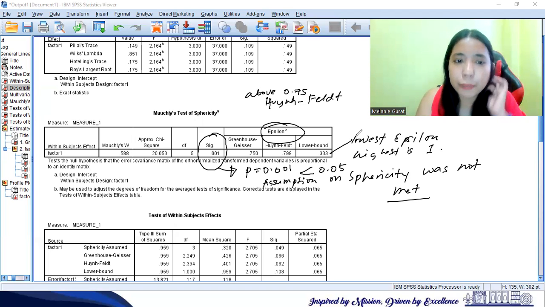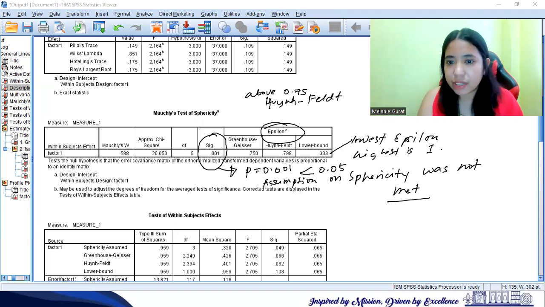So just to recap, what we did in this table is to look at the value of the P to see if we met the assumption on sphericity. Since the value is 0.001 and it is less than 0.05, it means that we did not meet the assumption on sphericity, so we considered an alternative.